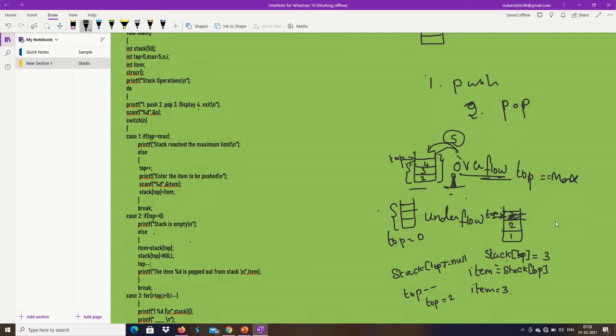my stack. After popping out, the top value will be equal to 2. It means the stack pointer top is equal to 2. Fortunately, the item in this position is also 2. Don't confuse the stack pointer with the item. Item is the data, and stack pointer top is nothing but the pointer which is pointing to the topmost element